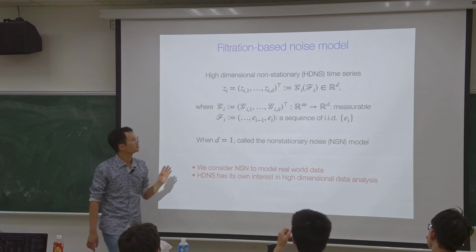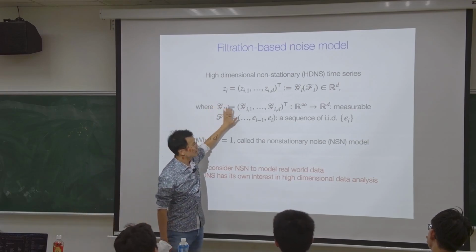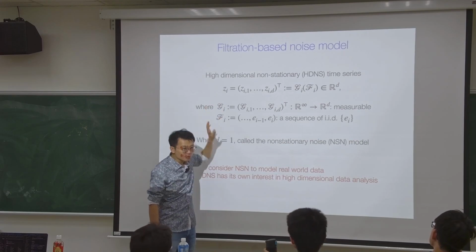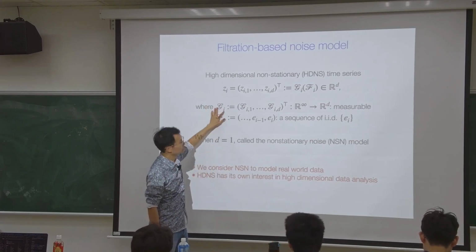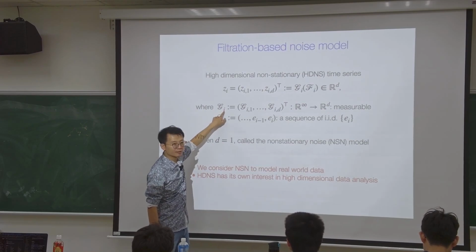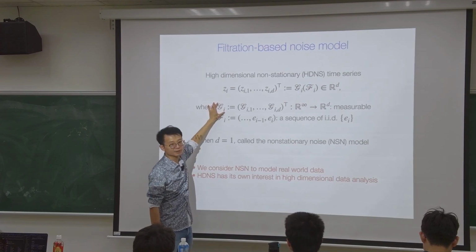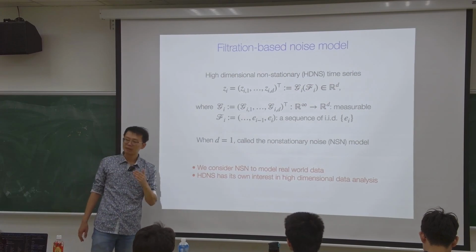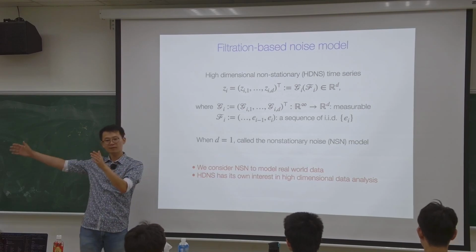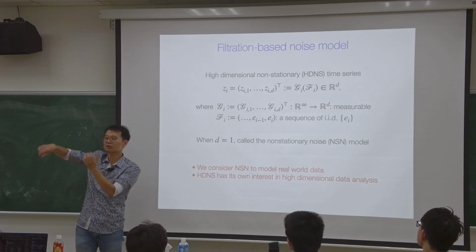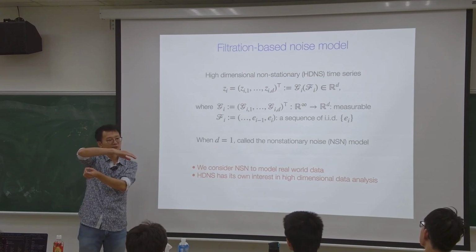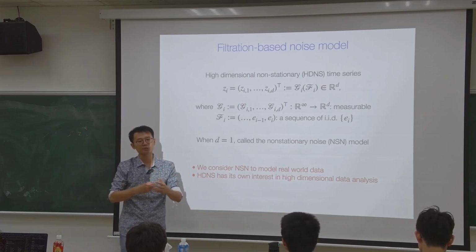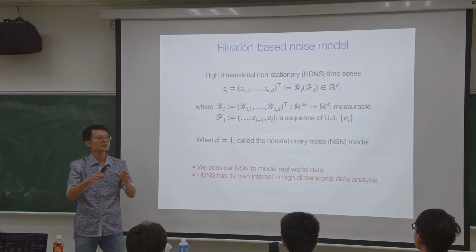What you remember is, this is a noise model that is described by some noise generation mechanism called G at time i. You can view this as a filter. And remember what a filter is, right? In the lecture given by Professor Liu, you take historical data and mix it up to get output. And if this is an LTI system, then you go to the Fourier domain, you have convolution, all this kind of business.